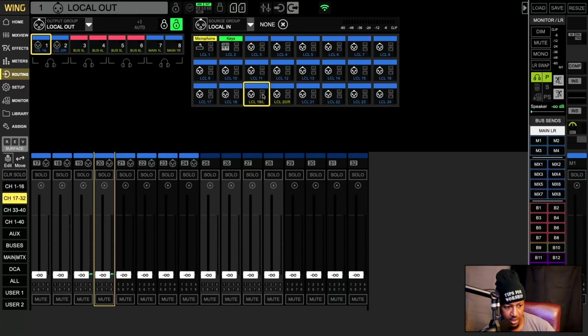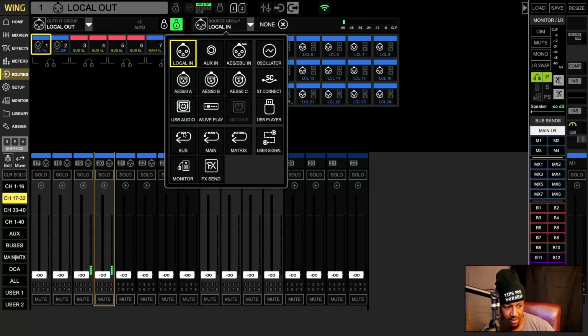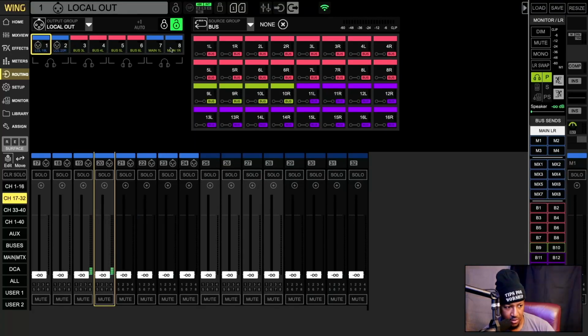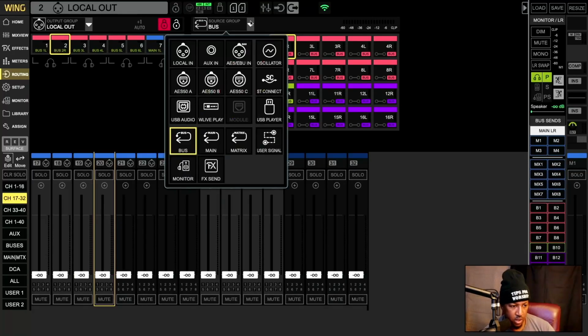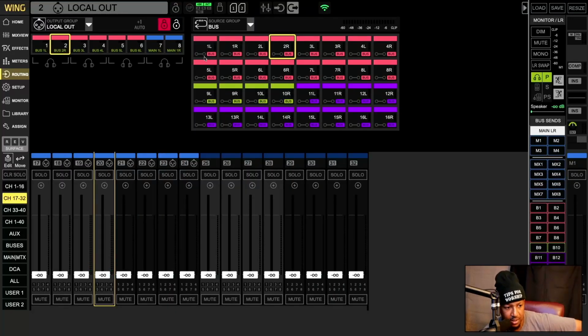So you got to make sure it's unlocked. So let's go back to our buses, right? So we got a bus 1, boom, right? Bus 2, boom. So there we go. We're back, guys. So let's make sure we lock it. So look, guys, we have our local in, aux in. Let's click on it,